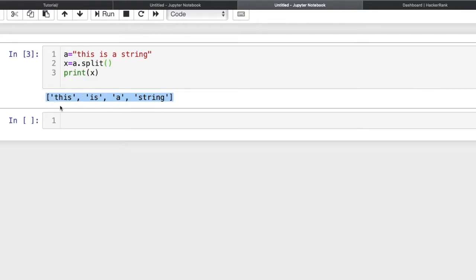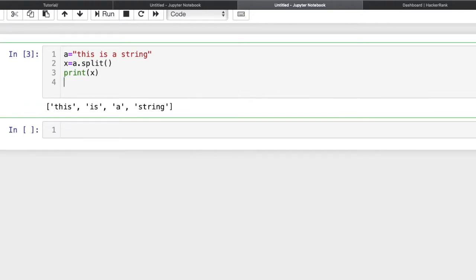Now we have to join each substring with the help of a hyphen between them. For that we have to use the join function. So let us use join. We have to join on the basis of a hyphen between them, so it is the string dot join, and we have to join this list, this x. Now when it joins all these substrings into a single string, I could pass the value space. If I pass the space, then I will get this same value.